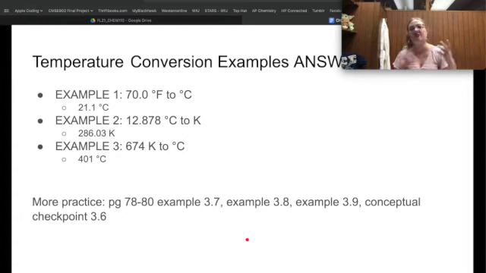Energy is what drives the change in a chemical reaction. We also talked about how temperature and energy are related: the higher the temperature, the higher the kinetic energy, the more molecules are moving around. So that's Chapter 3. Hope